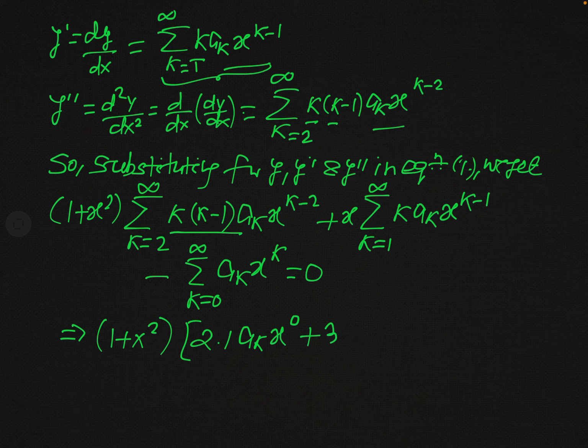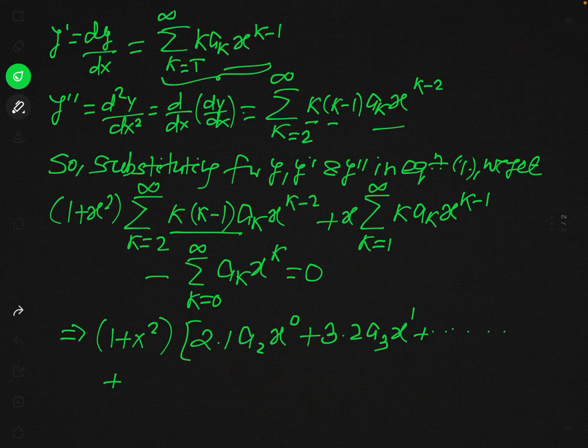So our result will be 3 into 3 minus 1, that is 2, into a3, x to the power 3 minus 2, that will be x, and plus so on,